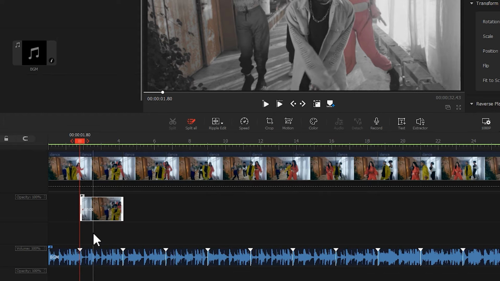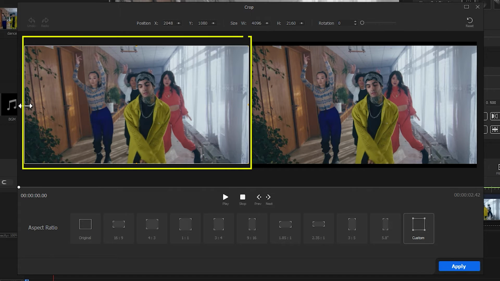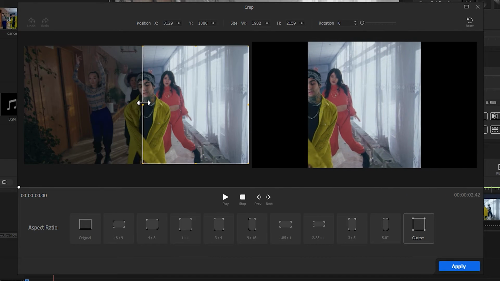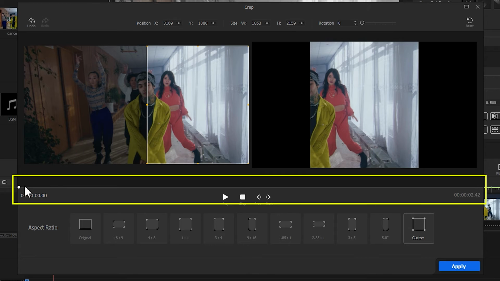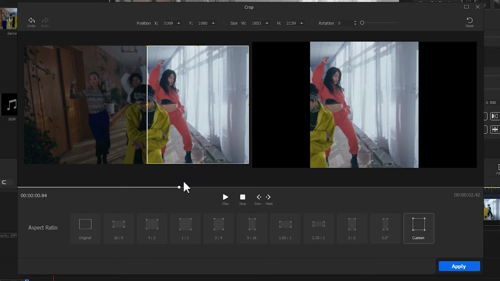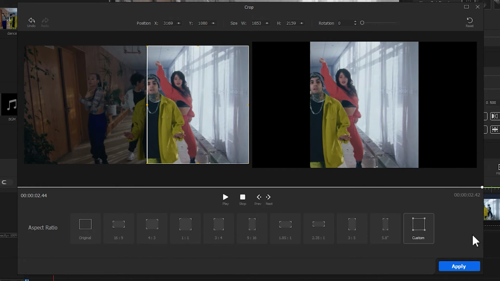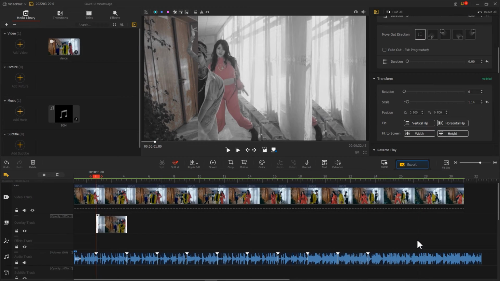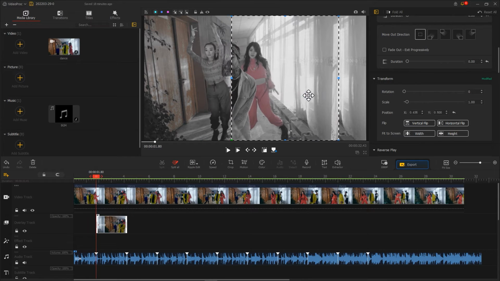Then we click on Crop to enter the crop panel. Adjust the selection box on the left to keep only the frames on the right, which shows the girl in red. We can drag the progress bar to make sure we have the girl in red in a selection range. Hit Apply. Then we adjust the size and position of the footage to make it overlap the original footage on